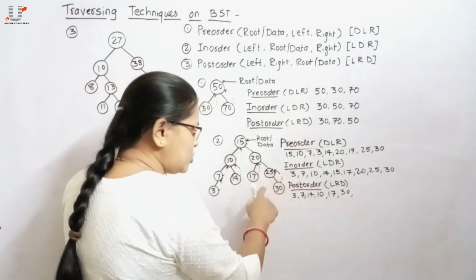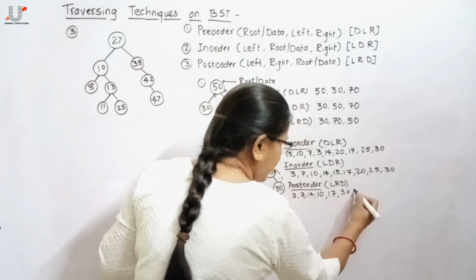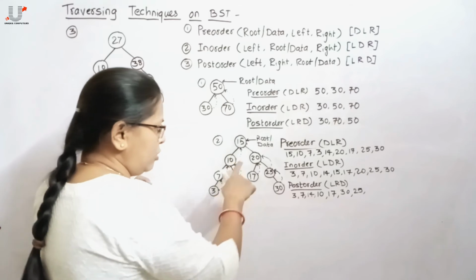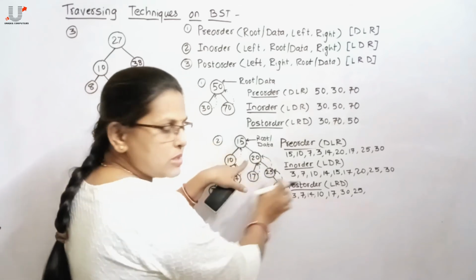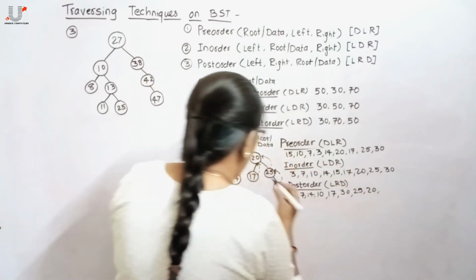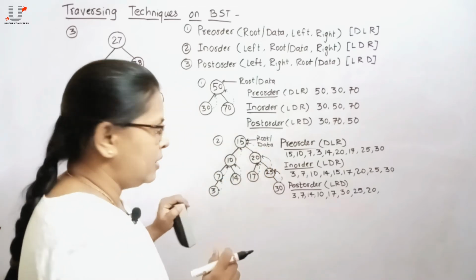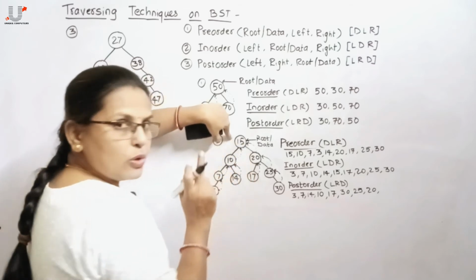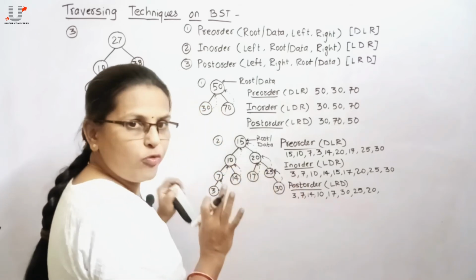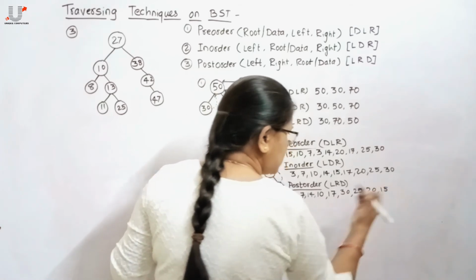For this 25, as no left subtree is there and right has already been processed, process 25. Then backtrack to its previous location. For this 20, as left and right child have already been processed, process that 20 itself. After processing of 20, the control will again transfer to its parent, and as 15 is the root node and its left as well as right child both have been processed, the control will transfer to 15 and that 15 gets displayed onto the console.